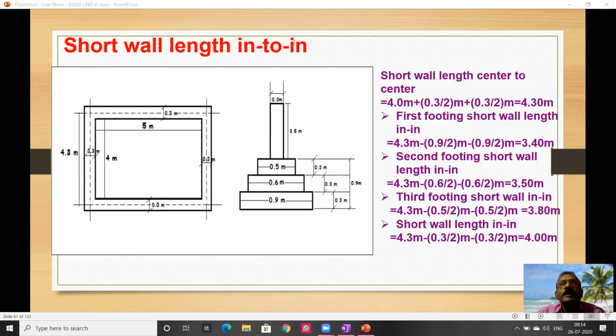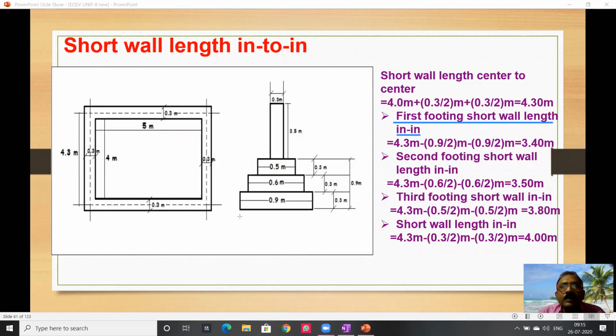Now, first footing, short wall length. Out to out. What is the distance from here to here? From center to center is 4.3 meters, right? From here to here, 4.3 meters. 4.3 meters minus